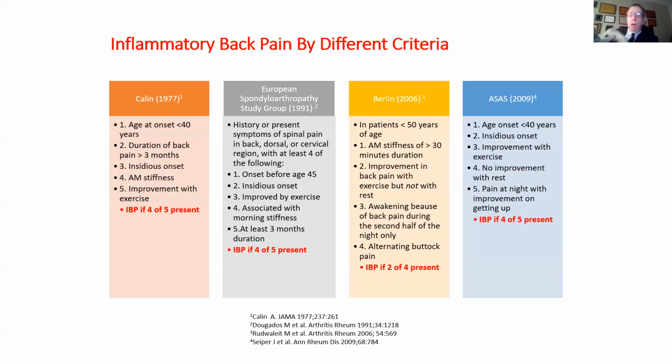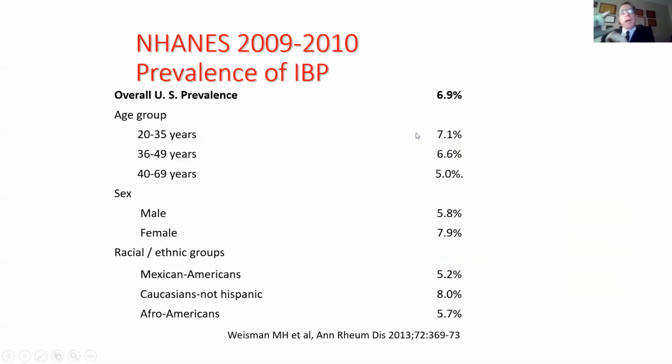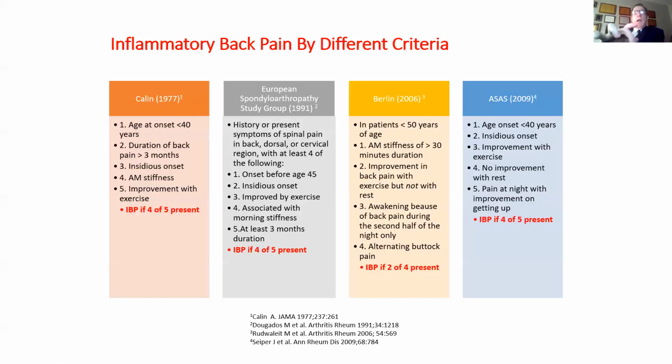So talking a bit about chronic inflammatory joint pain, we see that there are 4 different sets of criteria out there. The Calin criteria started, then the European Spondyloarthritis Study Group criteria, the Berlin criteria, and finally the OSIS criteria. I will tell you that recent studies have shown that the Berlin criteria performed the best. Again, you can see here, all of them have patients that are young. Morning stiffness, improvement of back pain with exercise but not with rest, awakening with back pain during the second half of the night only, and alternating buttock pain. And if you get 2 of the 4 of these, you